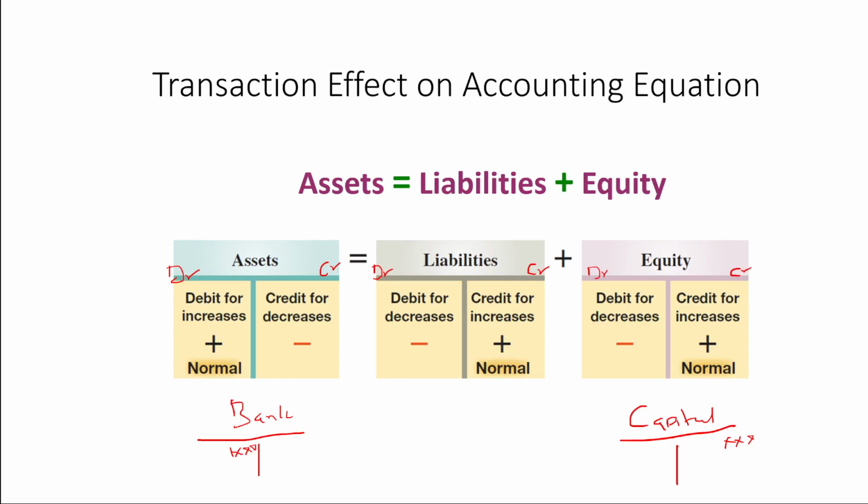So this means that for both liabilities and equity, due to them being on the one side of the accounting equation, they will have similar treatments. They will both increase on the credit side and decrease on the debit side to make sure that the accounting equation always balances. One of the most important things to note over this section is that